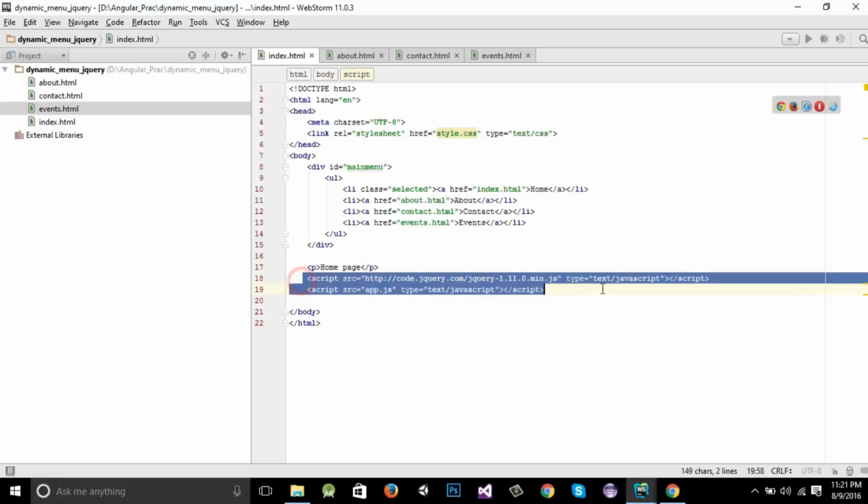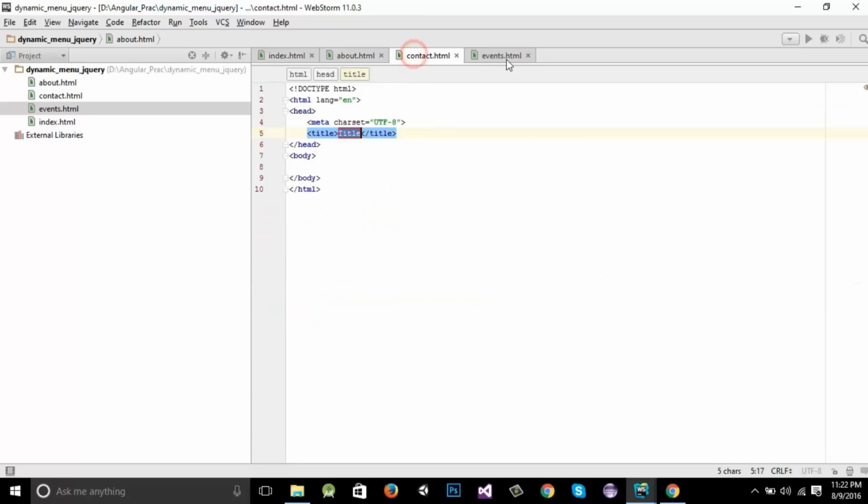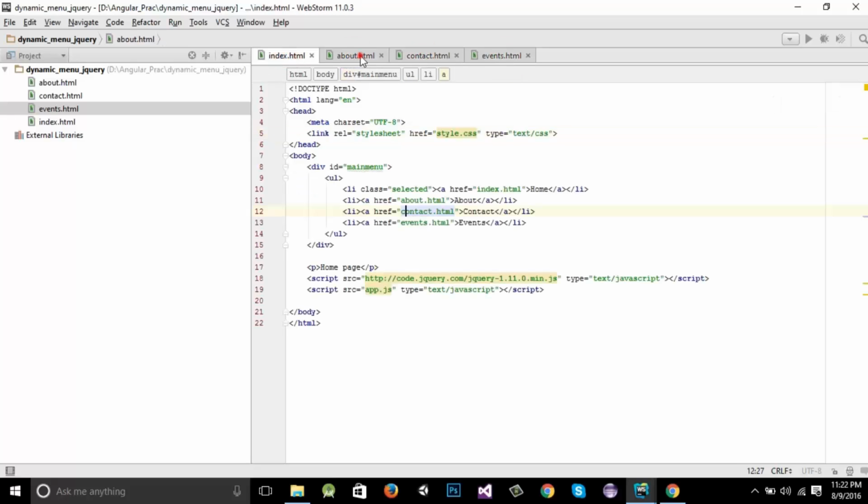So I have written all these things before writing the actual code of JavaScript and CSS, because I need to copy and paste the same code in the other 3 files as well, so that we may not be adding it separately in each file. So let's copy it